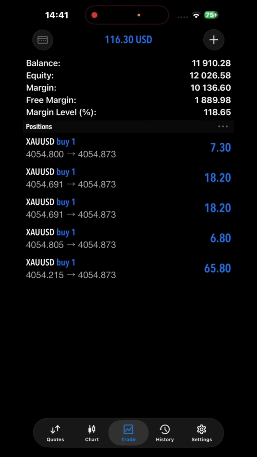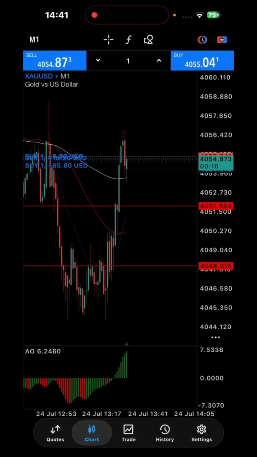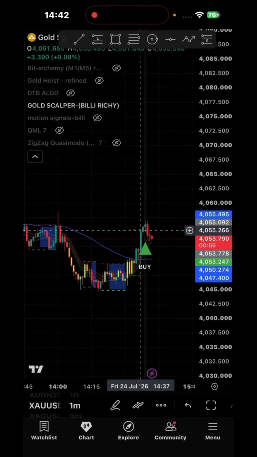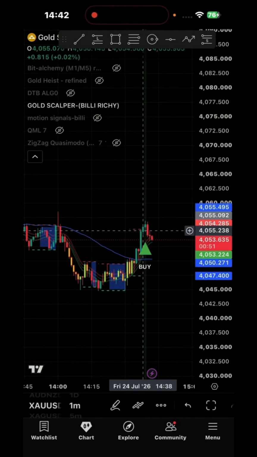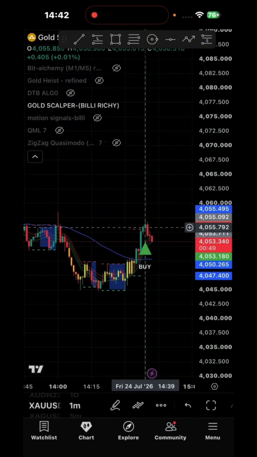I just entered a new buy on XAU/USD, gold. So I just entered a new buy on this pair. Look at it, but I didn't stack up much. I just entered a 6 lot size, which is very small, because I want to hold this trade for a very long time because I just received news that gold is going to push massively